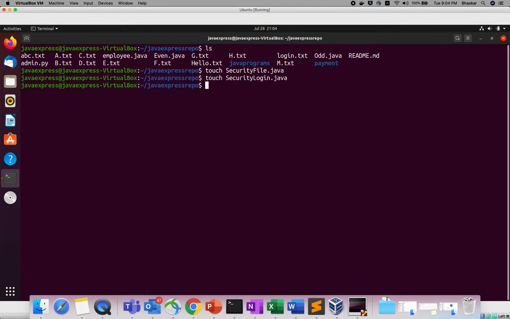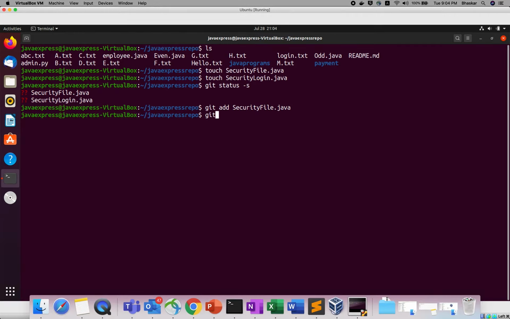If you use git status -s, it will display untracked files. You can add all the files, but I will add security file dot java first. Only two files I created right now. To understand the revert command, I will do two commits.